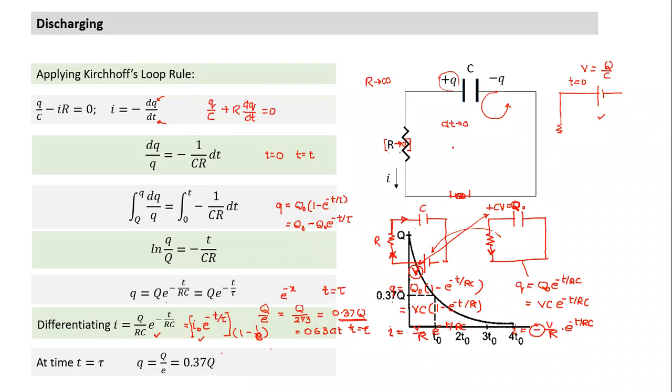What is the time constant? One I can do in terms of formula. If R is equal to 0, what is the time constant? Tau is equal to RC, so it will approach 0. So how much time will it take for charge to drop to 0.37 of its initial charge? It will take zero time.